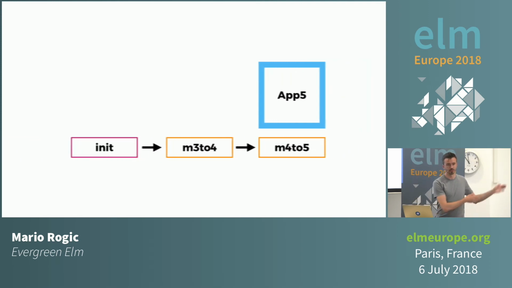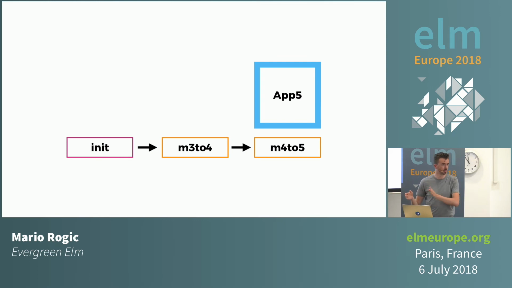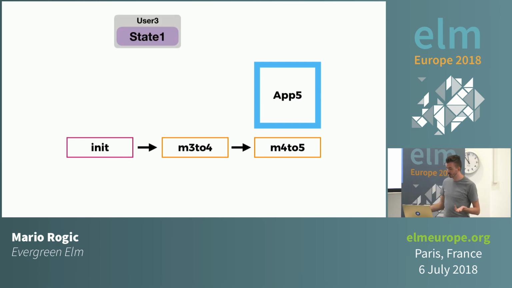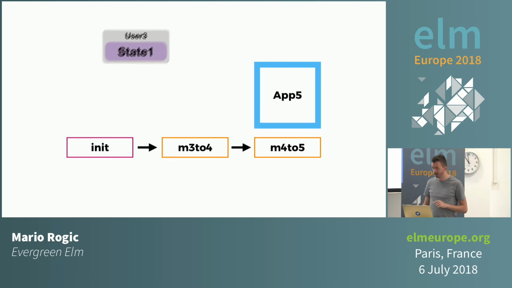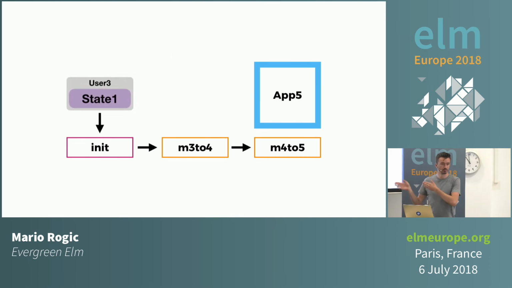So we can simply drop a bunch of them and move our initialization function to the first point that makes sense. So now if we get a user coming in with state 1, we don't know what state 1 is. It's either too old, or it's corrupted, or they've tried to fiddle with it, or whatever it might be. And so for them, they simply get the normal initialization, and they get the normal app as if they were a fresh user from scratch.